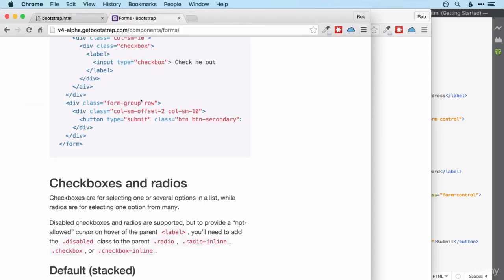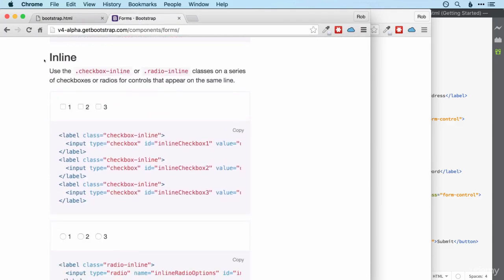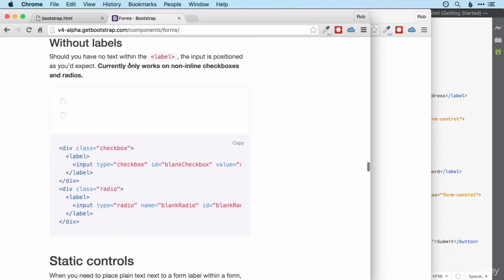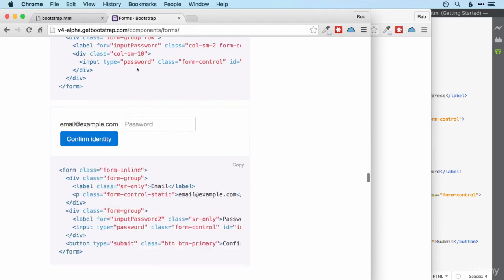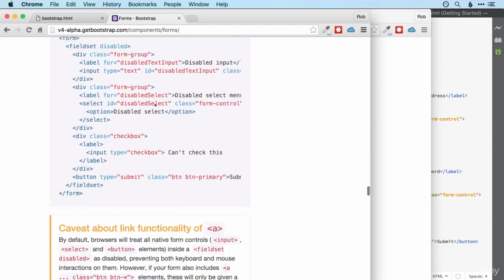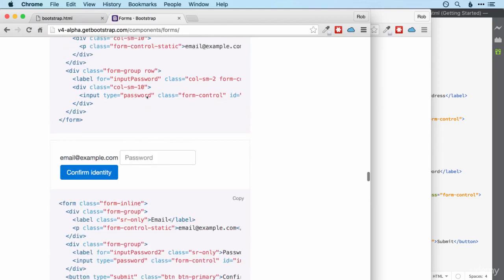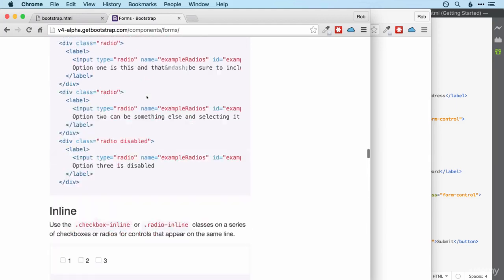Great. So that's more or less all I'm going to show you with forms. Feel free to have a look at the more layout options here. They're all pretty useful. And if you're making complex forms especially, then you'll be very grateful for things like inline checkboxes or radio buttons, removing labels, adding disabled states to inputs, read-only inputs, and one more I'll just show you which is quite nice is adding